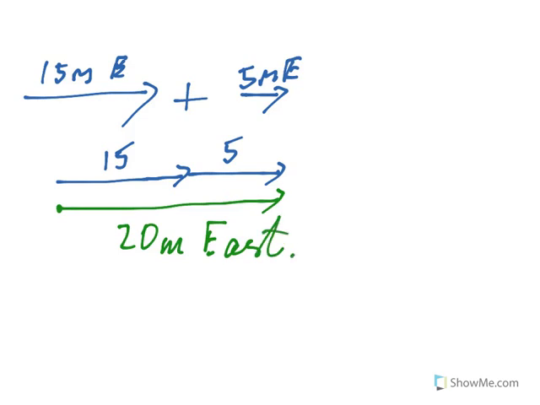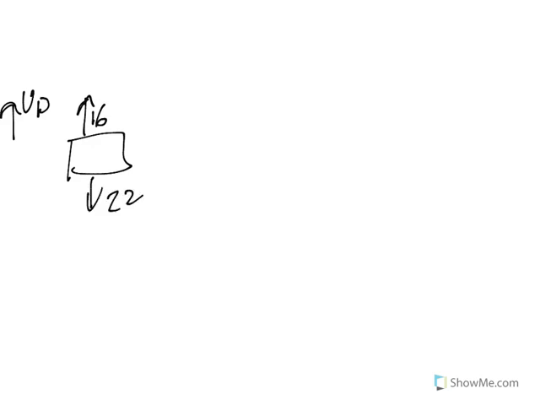Alright, so example in your notes. Okay, so here it says determine the resultant force on a box that's acted upon by the following forces: 16 Newton up, 22 Newton down, 4 Newton up, 17 Newton down. Alright, so it's a couple of different ways of doing it. So here's our box, and if that's there is up. So we got one here of 16, 22 down, 4 up, and